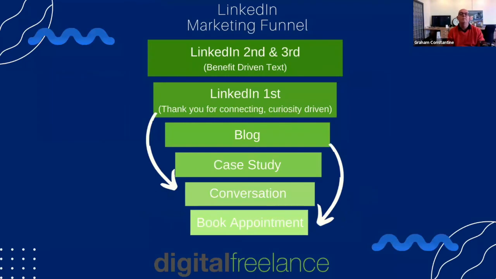So just to summarize the process then, this is our funnel. As I said, it's a good funnel. You start with people being second or third connections. They then connect with you and become a first connection. The aim is to then get them into a text conversation on LinkedIn, nurture them with content, either blog, case study, and the other content mechanisms that I mentioned, to get them to the conversation, and then get them to book an appointment, which is then when they slot into your existing sales process. It could be an appointment, could be a webinar, could be a demo, could be an app download, depending on your particular business model.